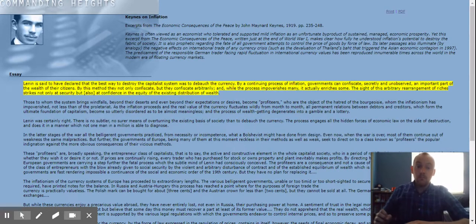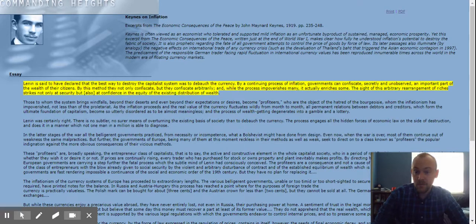The government gets to print up all this new money for use for the politically well-connected, and in doing so, gets to secretly move the wealth out of the savings accounts of citizens and enriches some at the expense of the many. So Keynes is right. They confiscate it. They take it secretly, unobserved,